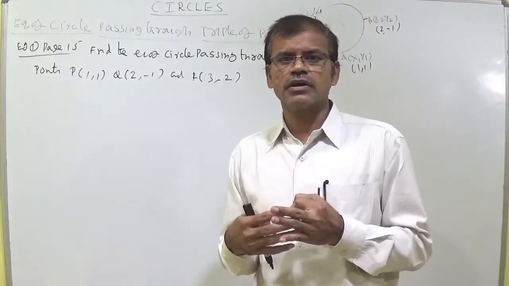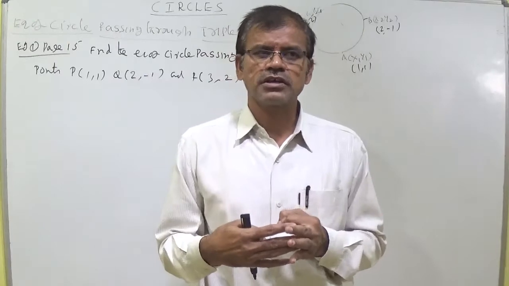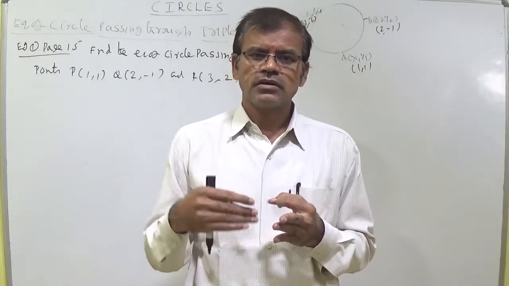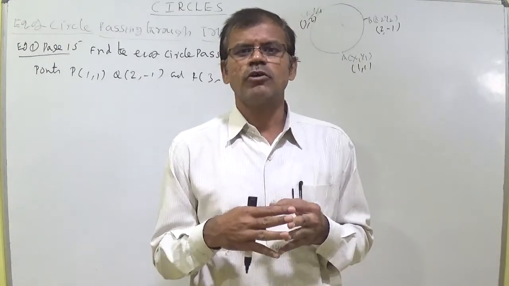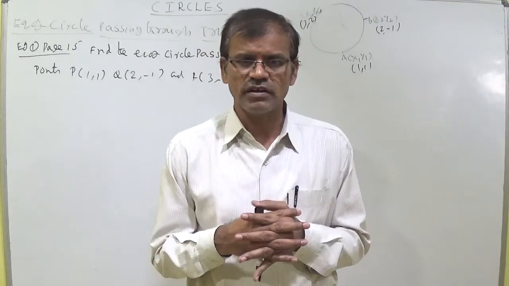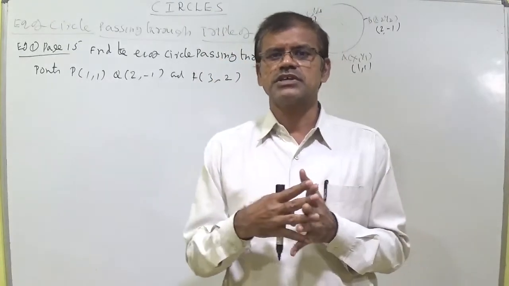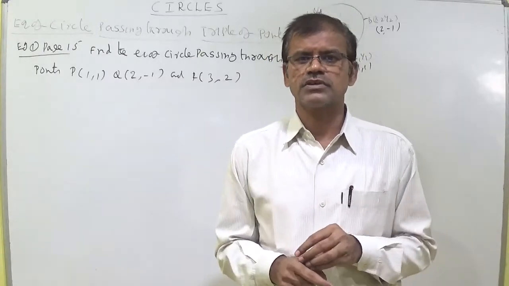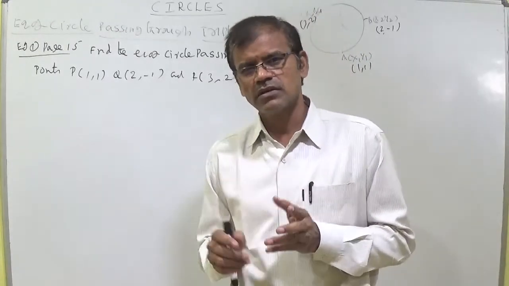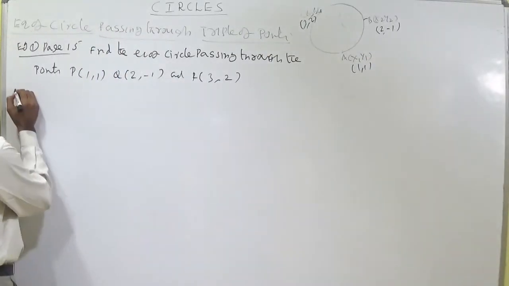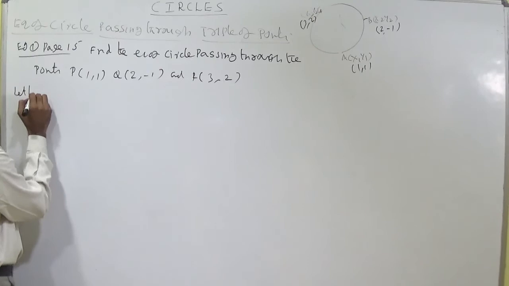By solving the first, second and third equations, c might vanish, and you will get the g, f equations. Solve them to get the values of g and f, later you will get c. Substitute the values g, f, c in the first equation and you will get the required equation of circle. It is the original, general method. It will be better to follow that method. Let the required equation of circle be